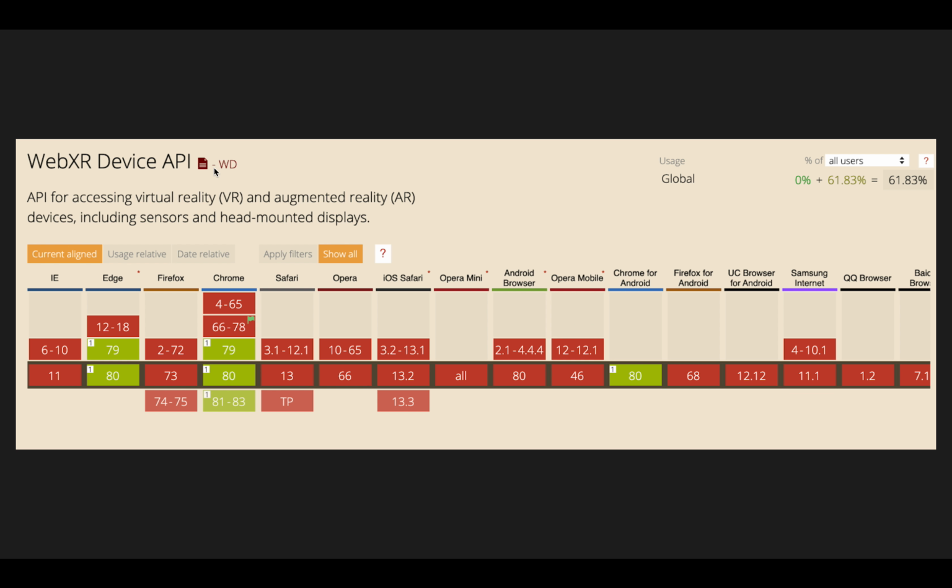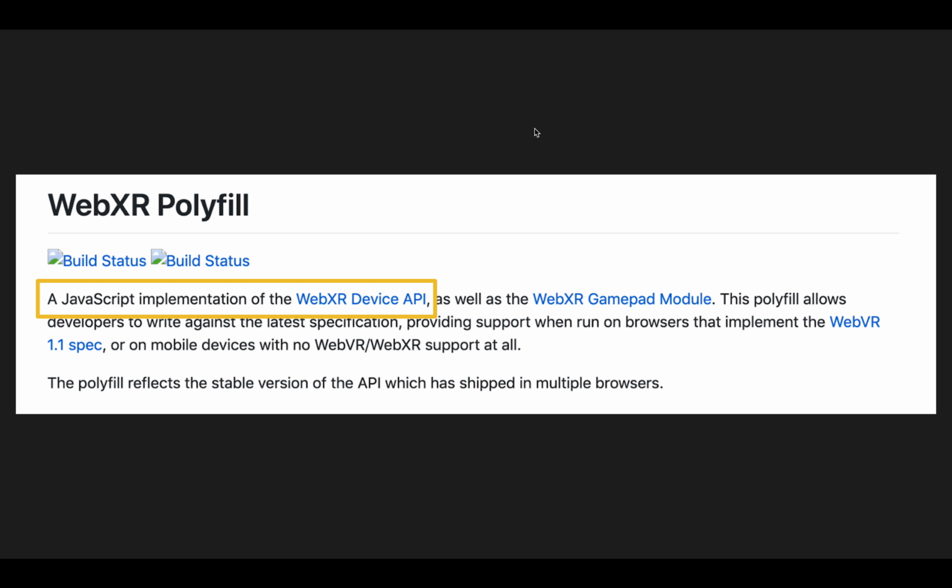This is the WebXR device API, and there was something called WebVR, which got deprecated, meaning they're moving to this other thing. And so you see it really doesn't work. The green ones, even this color green, means partial support. So you see it only has partial support in Chrome for Android, Chrome, Edge, and then all these reds. Even iOS Safari has this red. And that's a problem, but luckily for us, there are some things around it.